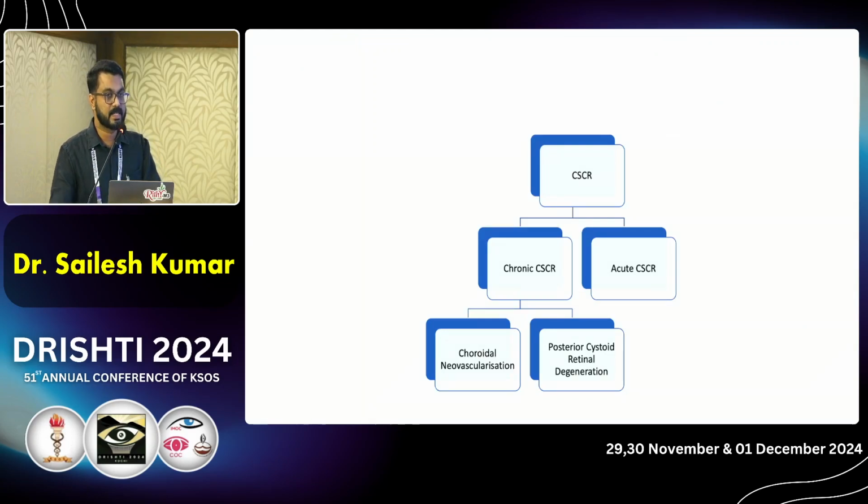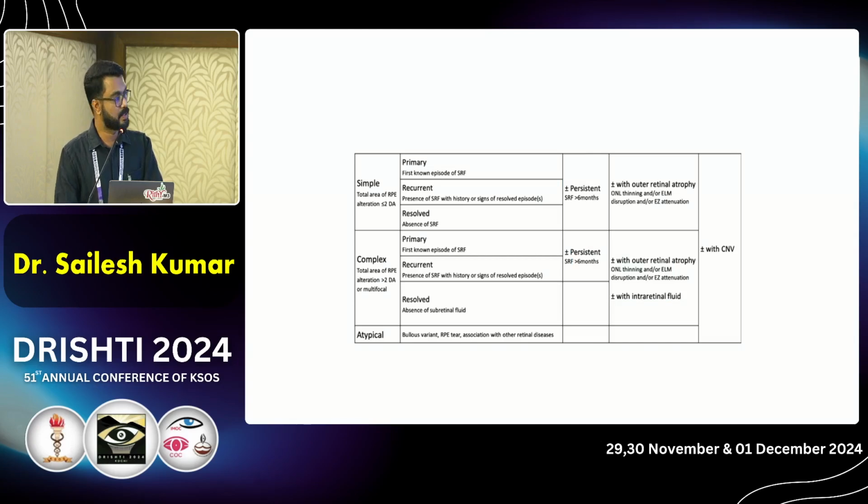So basically CSCR can be classified as either acute CSCR or chronic CSCR, and chronic CSCR may be complicated by choroidal neovascularization or posterior cystoid degeneration. This was a recent classification proposed by Dr. Chhablani's group, in which they have tried to classify CSCR as simple and complex with regard to the total area of RPE alteration. If it's less than 2 disc diameters, it is